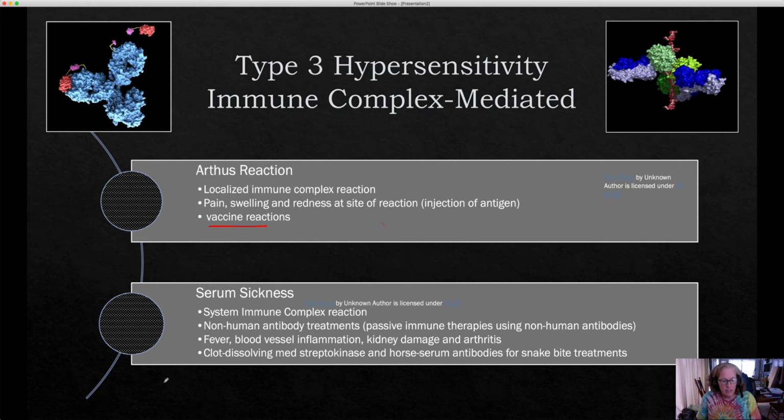Serum sickness is a systemic immune complex reaction. Clot dissolving streptokinase is oftentimes used to treat it. Also, another form of this is the horse serum antibodies for snakebite treatments. They'll take